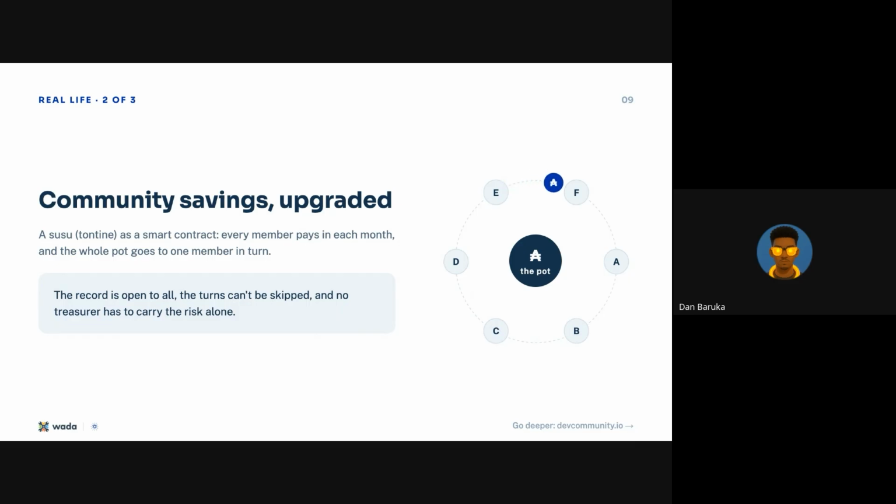Someone wants to go with the money of the group. So the smart contract wants to prevent that, and the smart contract is transparent. Anyone can read it, can see all the rules. You'll be able to know what will happen when you are sending your money, what will happen behind the scenes, and when you are going to receive the funds. All this information is public on chain, so you are able to read it and have all the information before even starting to contribute to a smart contract.